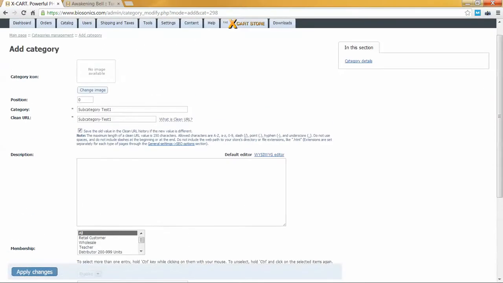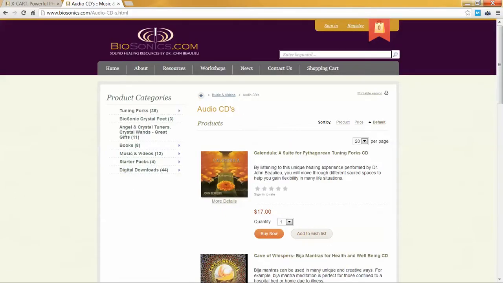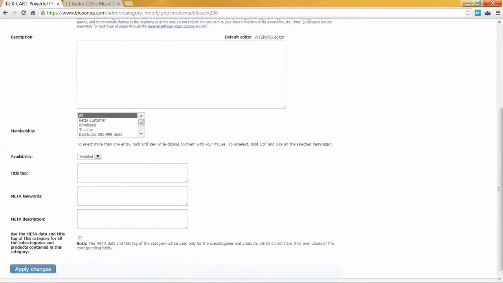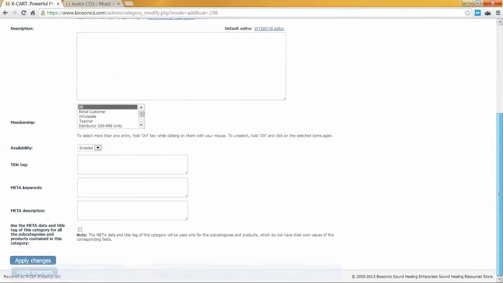Oh, and there's also an option for a category icon, which you can choose whatever image you want. It looks like on your website you are not choosing to have an icon, but in a similar place where the description text would have gone, there would be a little image box if you choose a choice there. But we're not going to, and it looks like you haven't on your existing categories. So these are all of the required fields. We can hit apply changes,